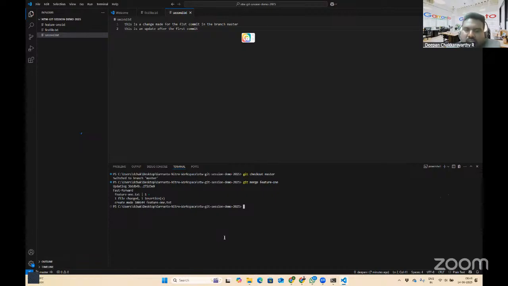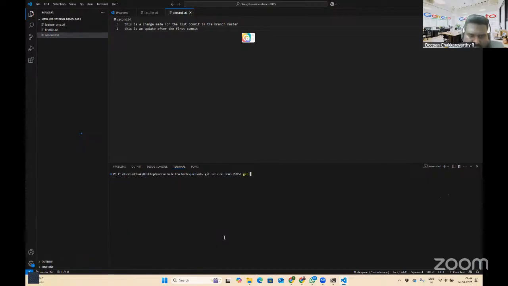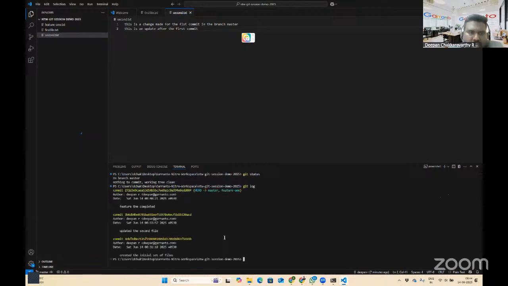There are two commits in the master, three commits in the feature one. In these three commits, two commits are the same. So it will merge those two commits, and after merging them, it will add one commit sequentially after the first two commits. Typically merge will merge the commits, right? So I'll see three commits here. I'll say git status. Now when I say git log, I should be able to see three commits in the master itself, right?